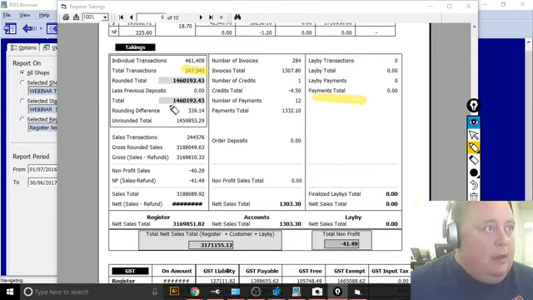Okay, then we've got a rounded total, less previous deposits if you put any money in the system from before, and then you've got that total with the rounding difference, so that's how much you've done in rounding for the year,